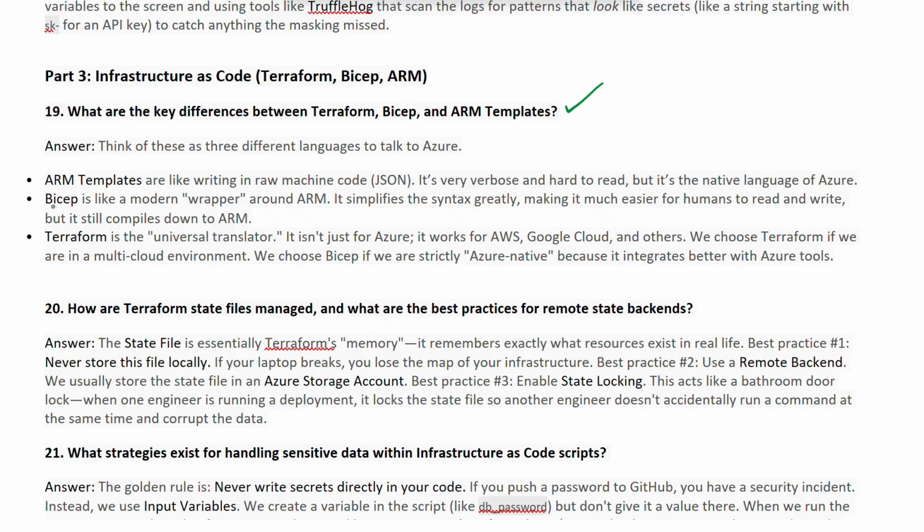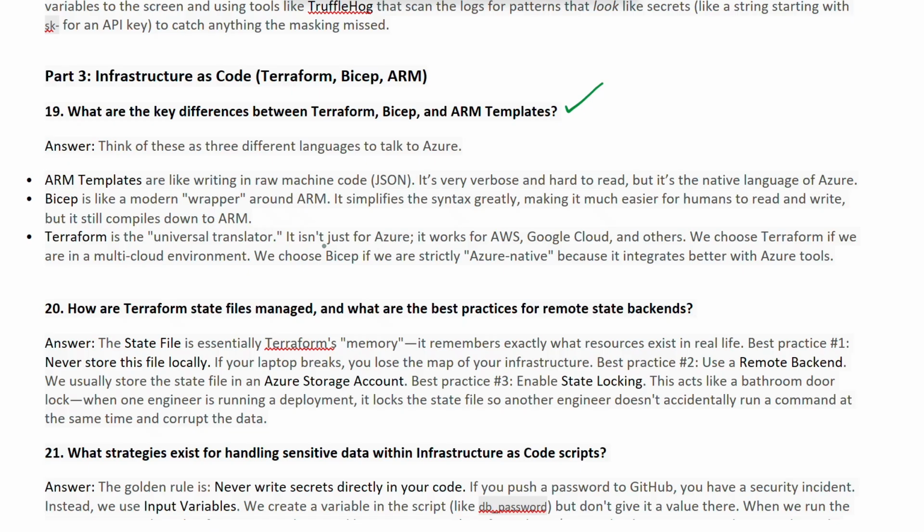And coming to another language, Bicep. It is a modern wrapper around ARM. It simplifies the syntax greatly, making it much easier for humans to read as well as write, but it still compiles down to ARM templates. And moving to the third language, Terraform, which is a universal translator.